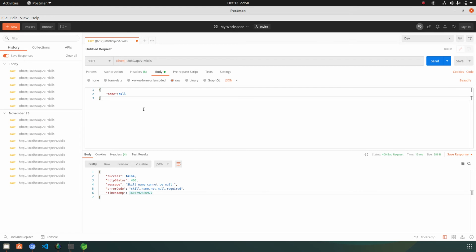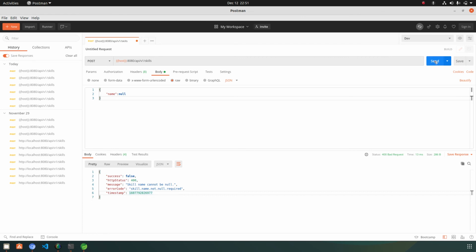So now if I am passing the null, only the null constraint validation message should occur. Means if I am passing the null, as earlier we checked, it was giving us the message that it should not be blank or it should not be null, or sometimes it was not maintaining any order. So we will check that if I am passing the null, it will always give me the skill name cannot be null message.